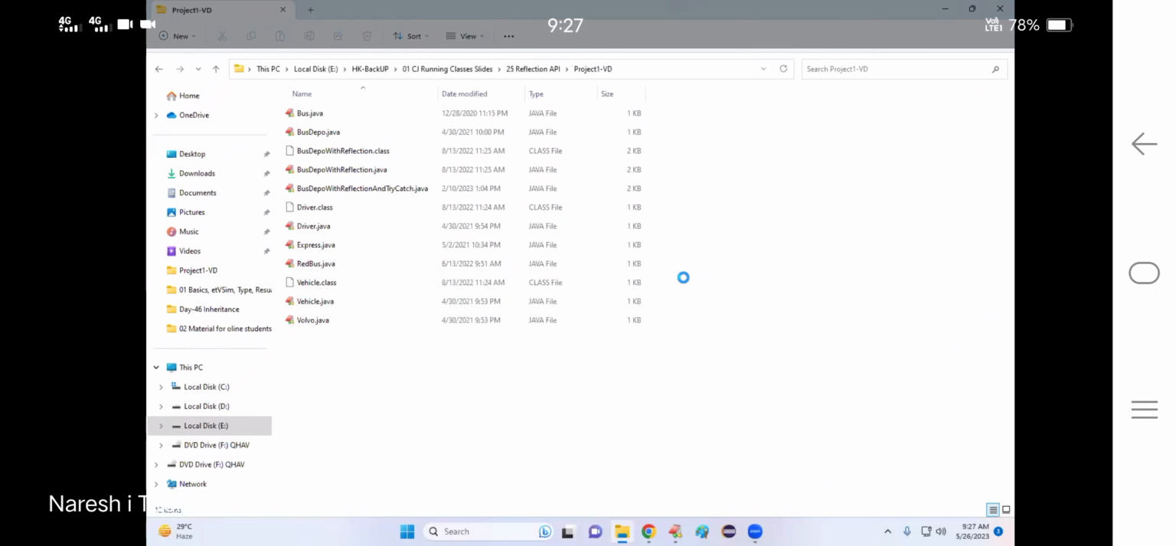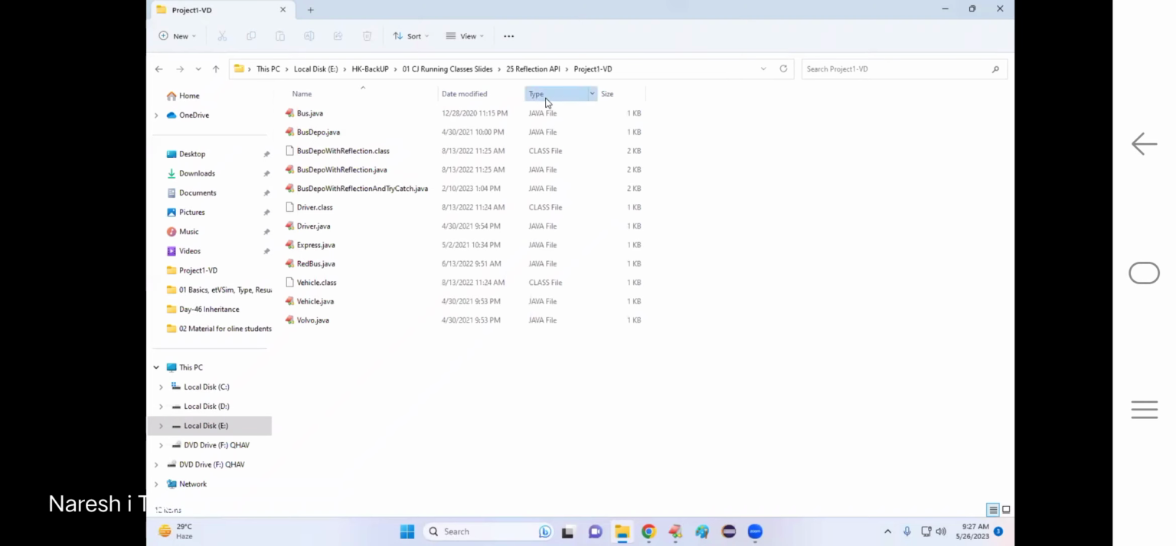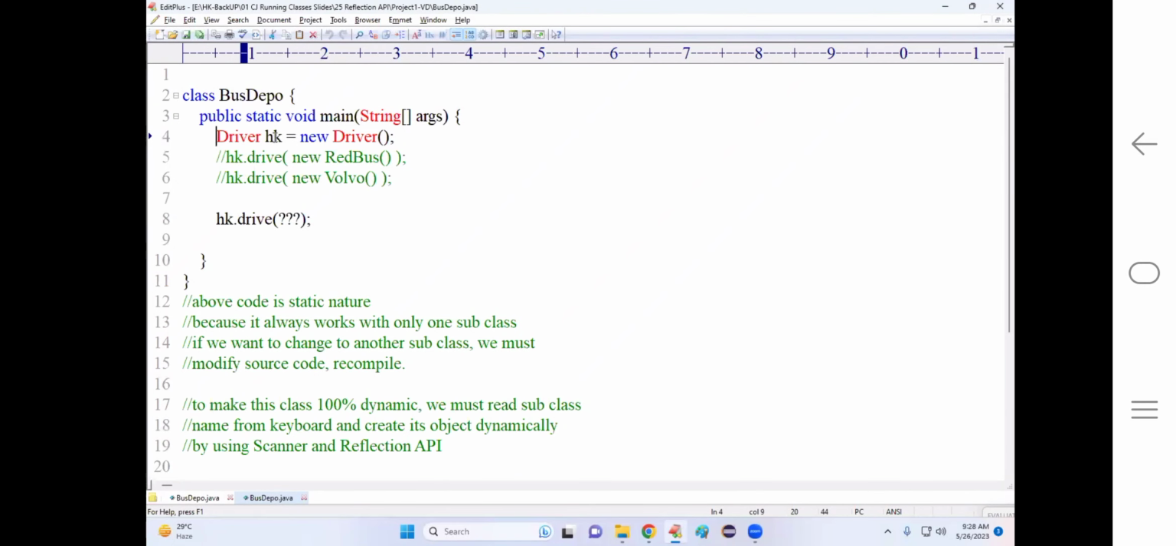Okay? How is the solution done with reflection API? I don't want to explain anything. Directly I'll show the code. First I'll show the code, then I will explain. This is the bus depot class. Driver HK equal to new driver. Every time I want to change the bus, I have to modify the driver method's subclass object. Time to time I have to change the subclass object. It is a burden to the user programmer to modify the code. So here I must pass the subclass object dynamically